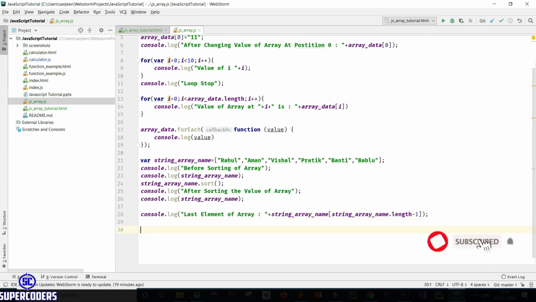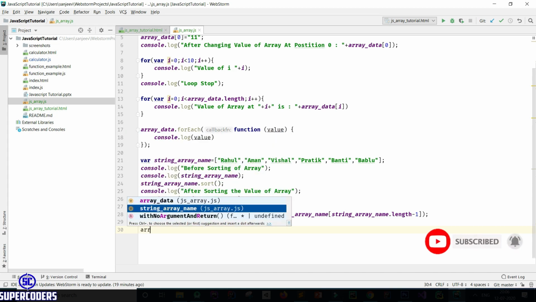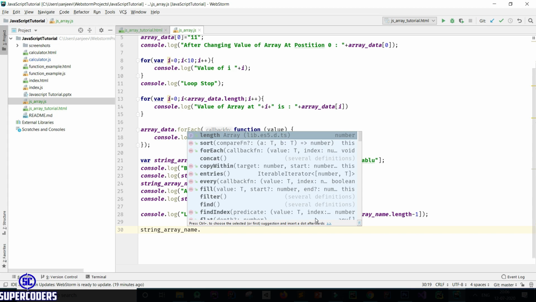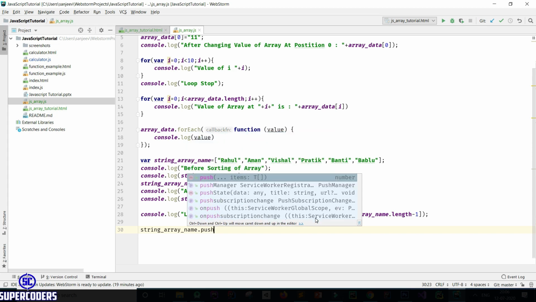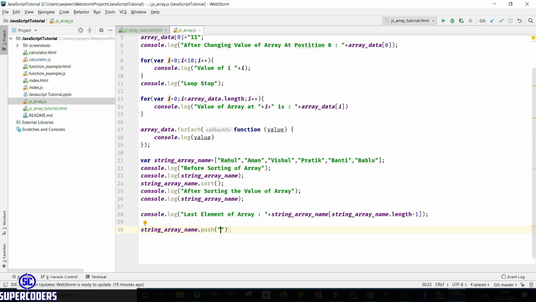Now let's see how you can add an item in array. So for adding an item you need to call the push method. So push, then passing new name data. So here I'm passing supercoders.